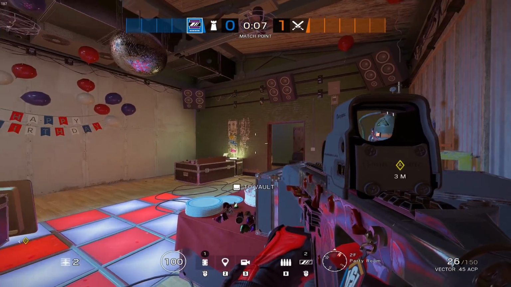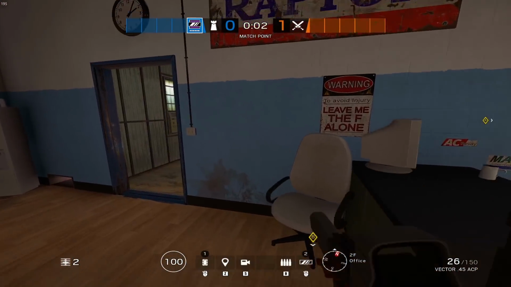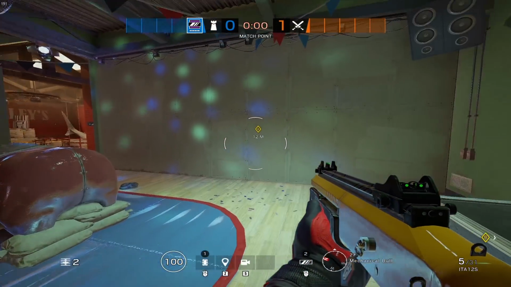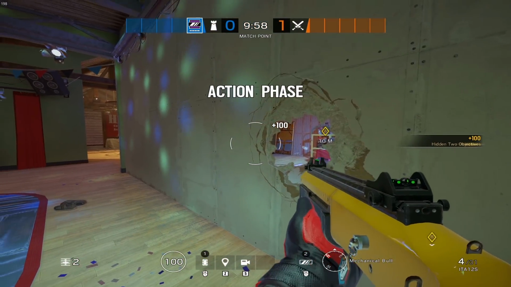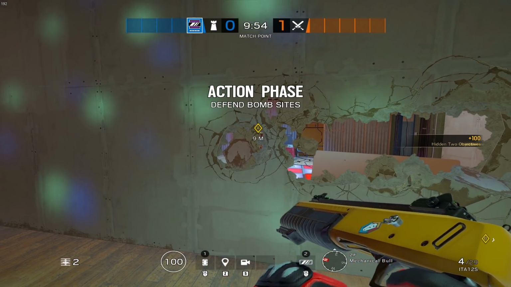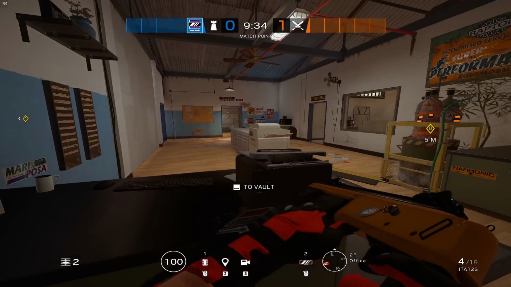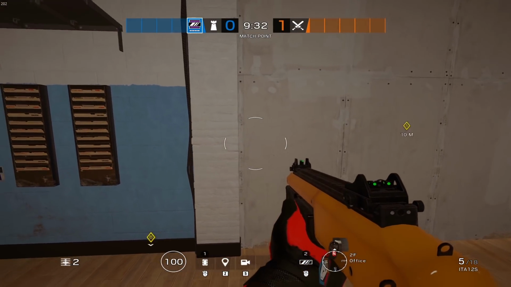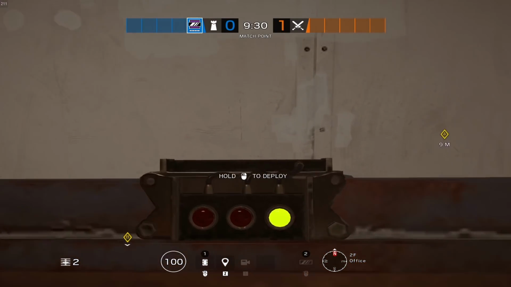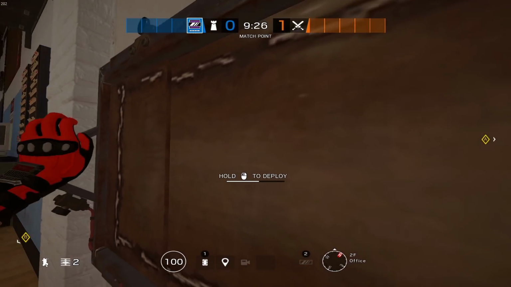Now, one thing I did want to showcase on this map, this is something that I showed off in a live stream recently, and people weren't aware of it, so I wanted to go ahead and do it again now. When it comes to defending the party room, if you've got a mirror, you can bring a shotgun, you can open up the majority of the party room itself, and then by coming into the office and placing a mirror down at crouch level, as close over to the left as you can,